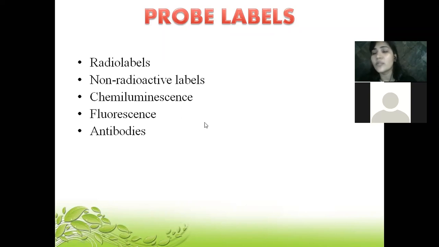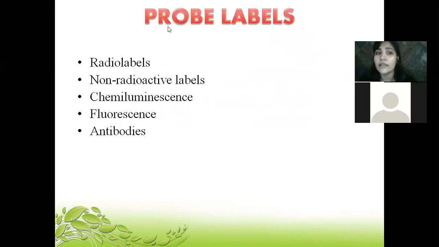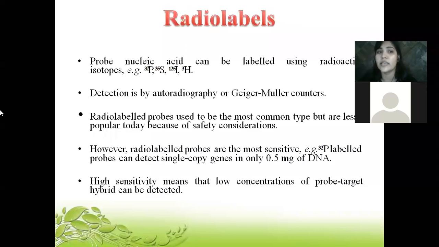So this is the most important task, because when we are taking NTPs, dNTPs, or adenine, guanine, etc., if we are thinking that they are labeled already, what do you mean by labeled? So they are either radio labeled, non-radio labeled, or chemically labeled, or fluorescently labeled, or antibody labeled. But how exactly are you labeling them? That is what we are going to see right now.